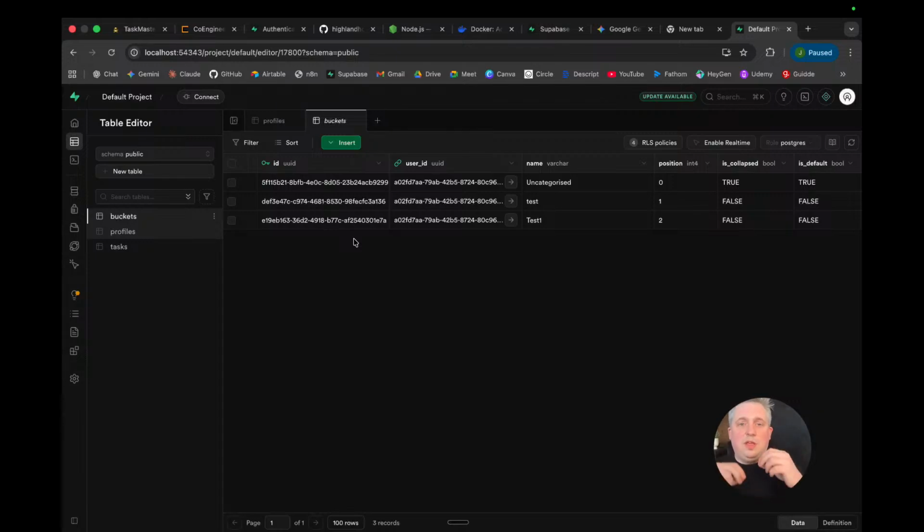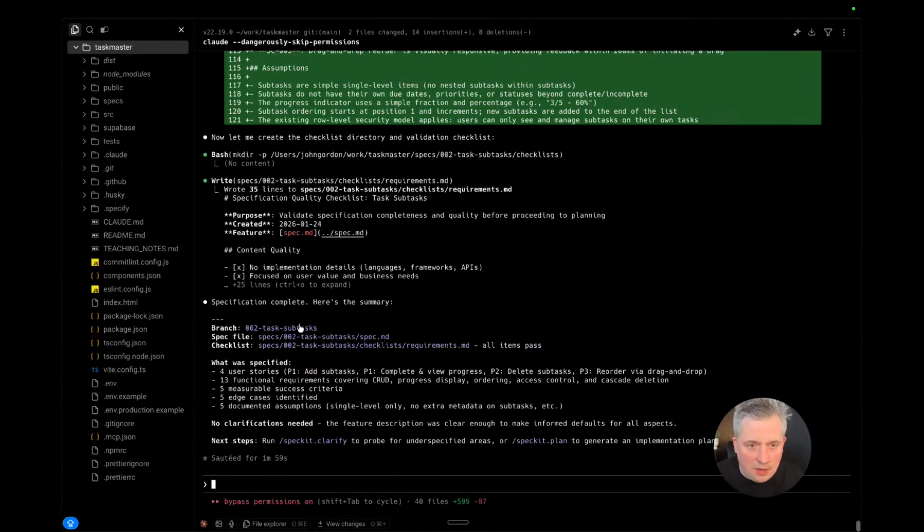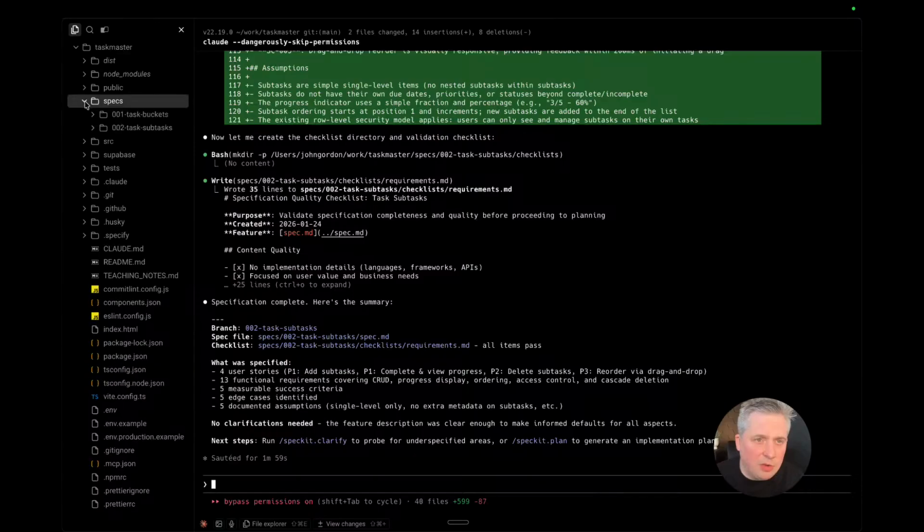So what we're going to be doing now is updating the database with the checklist and all the information, and that's what's happening in the back end at the moment. So let's have a look at where we're at with it. If we go back to Warp, let's actually go through the spec in